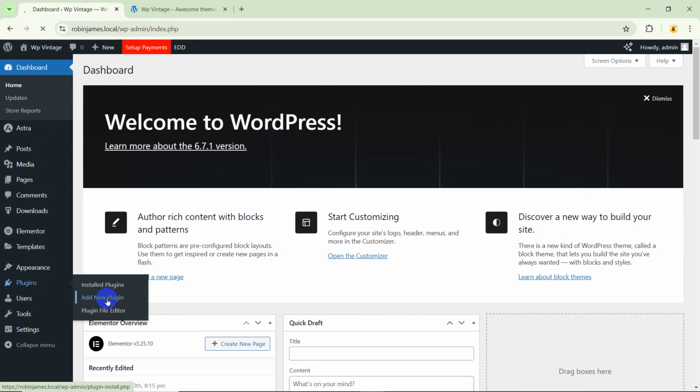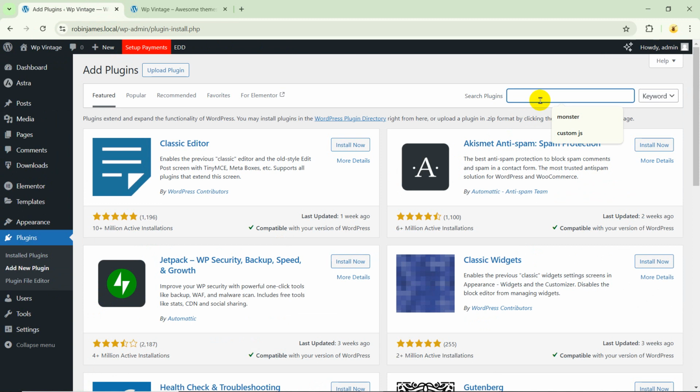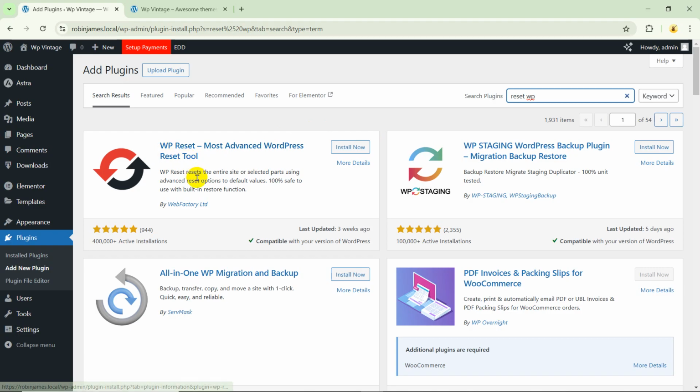to install a plugin. So click on add new plugin and you have to search reset WP and just click install. So this is the plugin we are going to use. Just click on install. So it's installing. So after install, you have to just activate the plugin